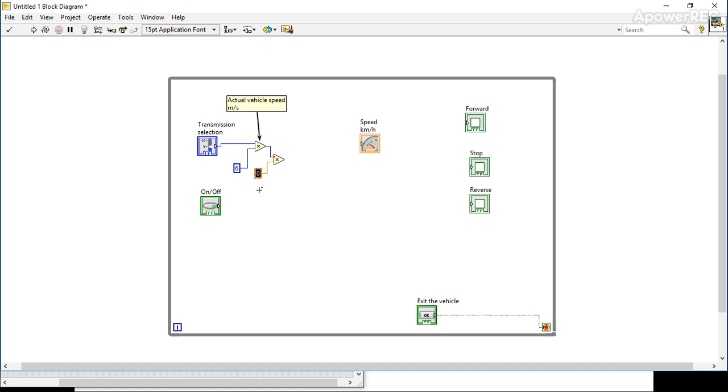Okay, so writing in the value 3.6 and another label, actual speed kilometers per hour. Okay, so we can again connect the arrow to this node so that it is quite obvious what this operation does. And what we are now prepared to do is to display the value of the speed. So going back to the front